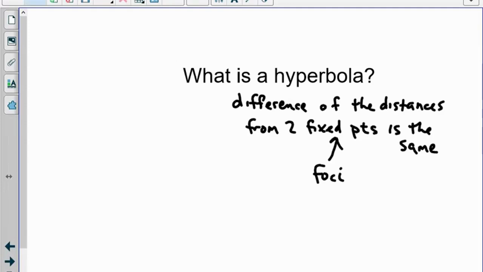What is a hyperbola? Remember when we looked at an ellipse, it was the sum of the distances from two fixed points being the same, and it was the set of all of those points. In a hyperbola, it's the difference of the distances from two fixed points. The fixed points we still call focus points. And so what we're looking at is if we have two focus points,